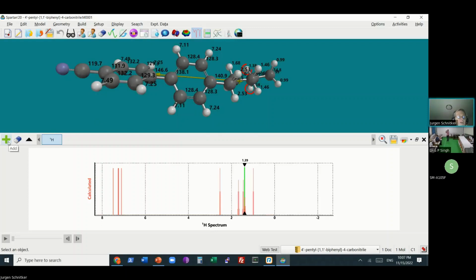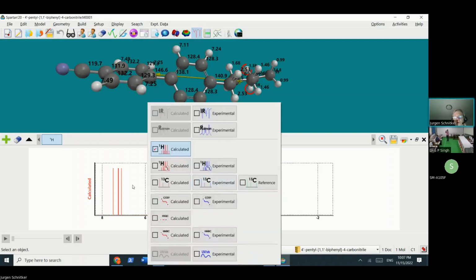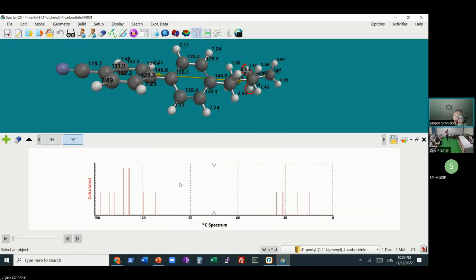These days in chemistry, mostly what's of interest is the calculated carbon-13 spectrum. That has very much changed over the last 10, 20 years. Now everyone does carbon-13 because the technology has advanced so much. Here the same thing, where you can see the chemical shifts for the nuclei that they are associated with.